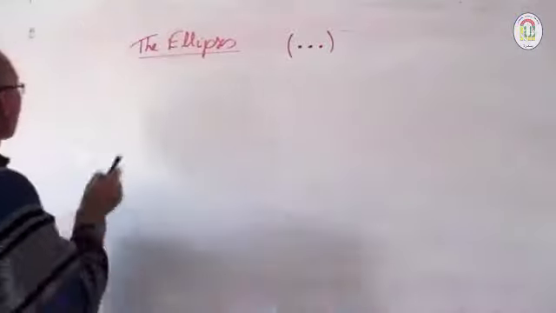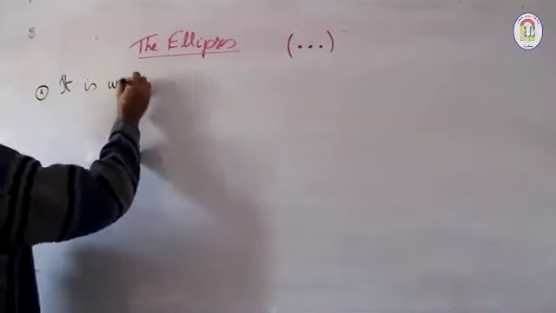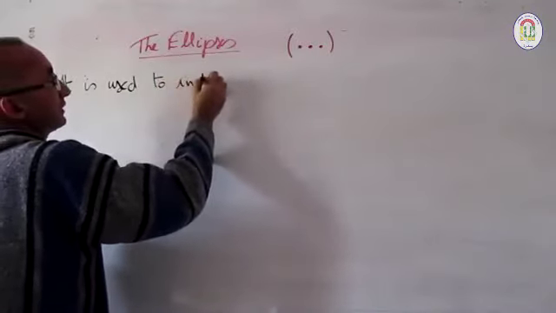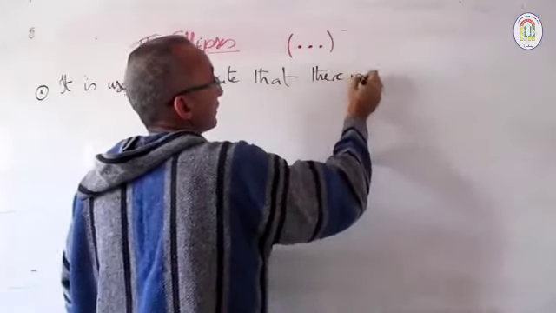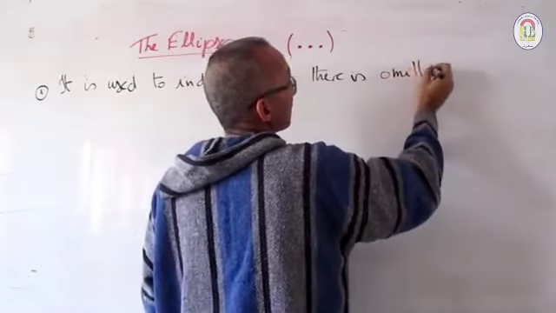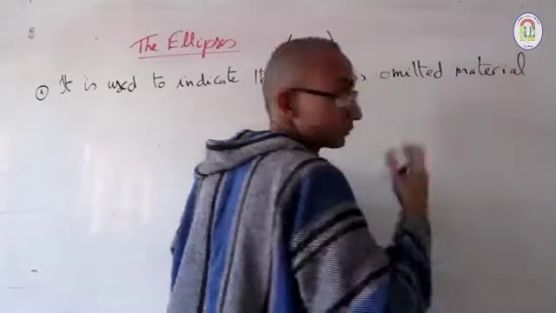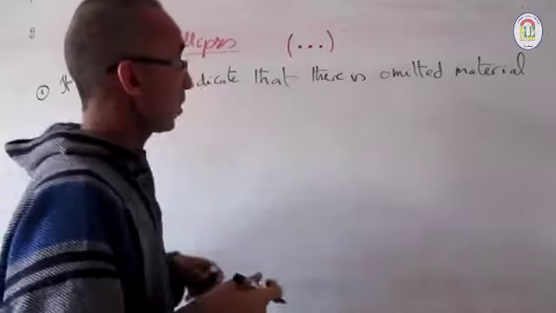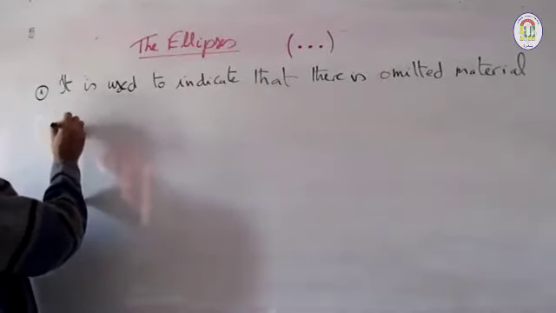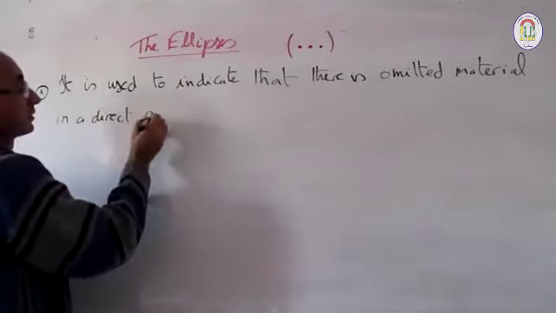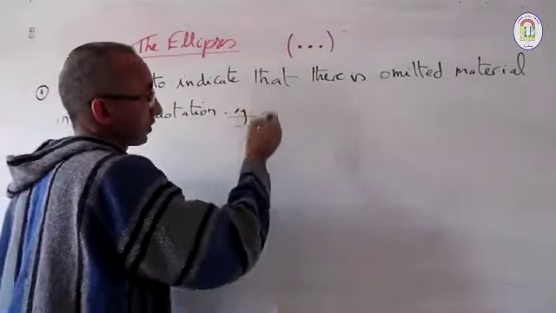So the first use, we write: it is used to indicate that there is omitted material, piece of writing, word, many words, and so on, in a direct quotation. Clear? Right. For example, sometimes we write,